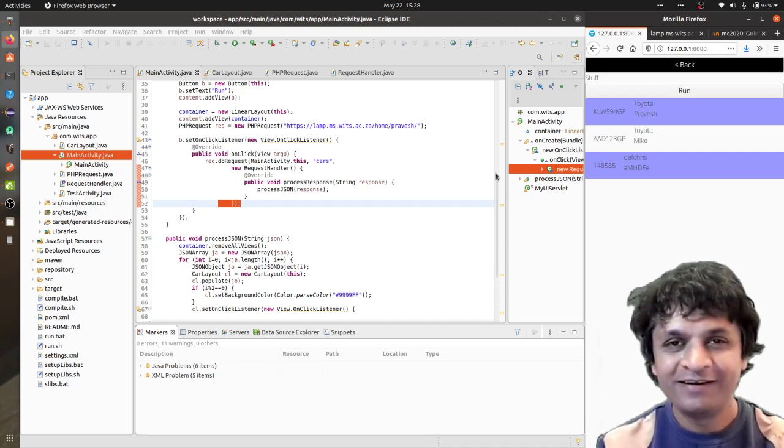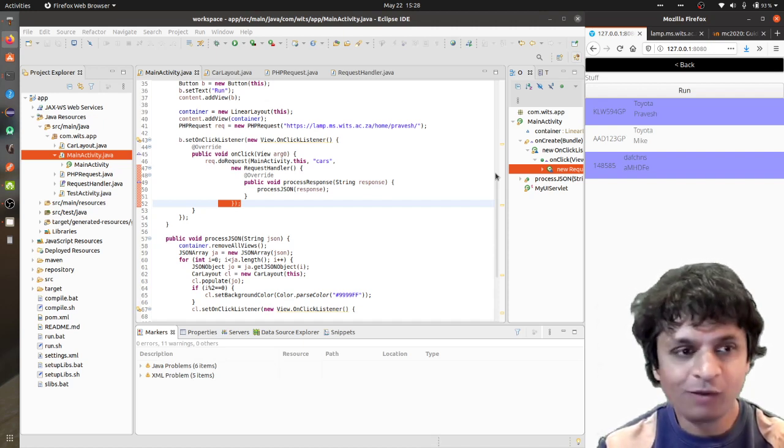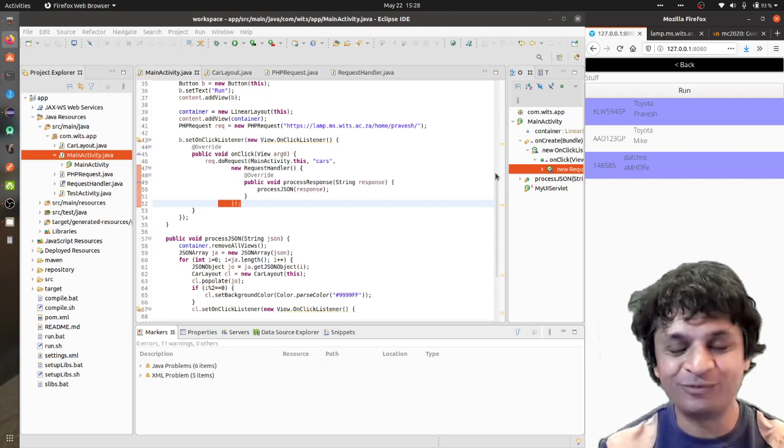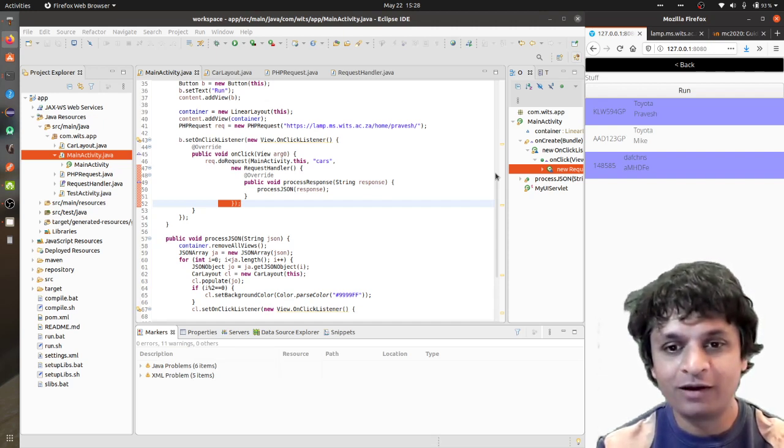Hey everybody. This lecture is going to continue from the abstraction in JSON layouts lecture that I uploaded earlier. And what we're going to do in this lecture is change the structure of the application to use multiple activities. What we do with these activities is not such a big deal, but I've decided what I'll